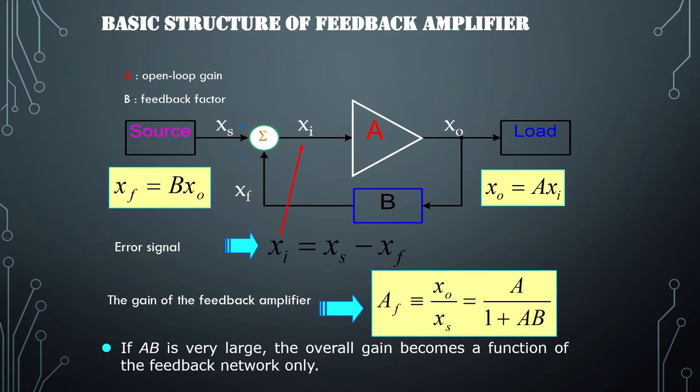These are the advantages and disadvantages. One more time we will see the basic structure. We have the source, we are giving the input signal, the input signal is XS. So it will be summed for positive or negative. If it is negative, amplifier beta value, that is the part of output, will come back to the input and its difference will be Xi. So Xi will be the main signal minus the feedback signal, and the gain A for this system will be output by input. This is given by A by 1 plus A beta. We have to remember this particular expression.